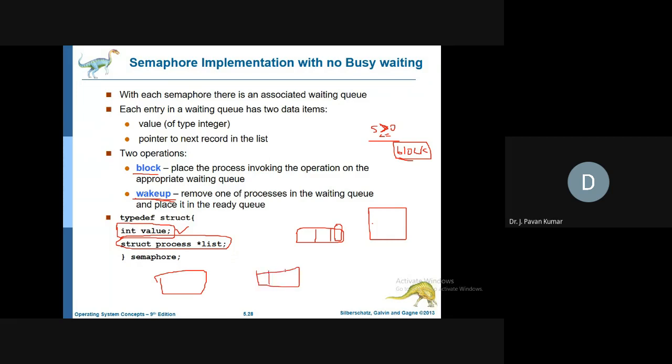Did you get the intuition here? Two doctors are there, and for each doctor we have a separate blocked queue. This can be considered a waiting queue. So for each semaphore we have the value of the semaphore and the list of all the blocked processes, so that busy waiting can be avoided. That is the basic motivation behind these two function calls, block and wakeup.